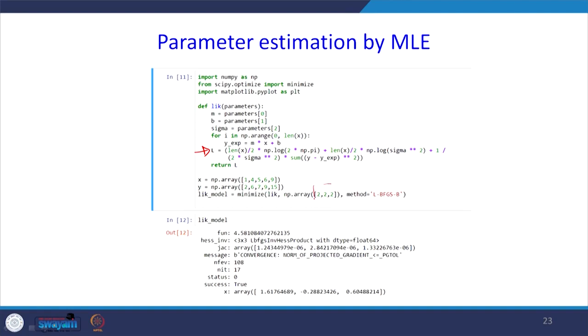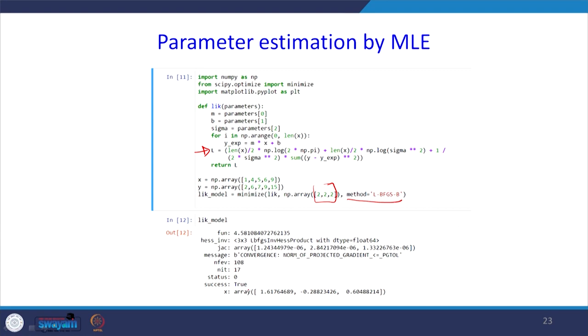This is where I am randomly guessing the answer. The first one is the slope, the second is the y intercept, the third is the standard deviation of the error term. There are different methods for minimizing, I will show you. L-BFGS-B is one method.